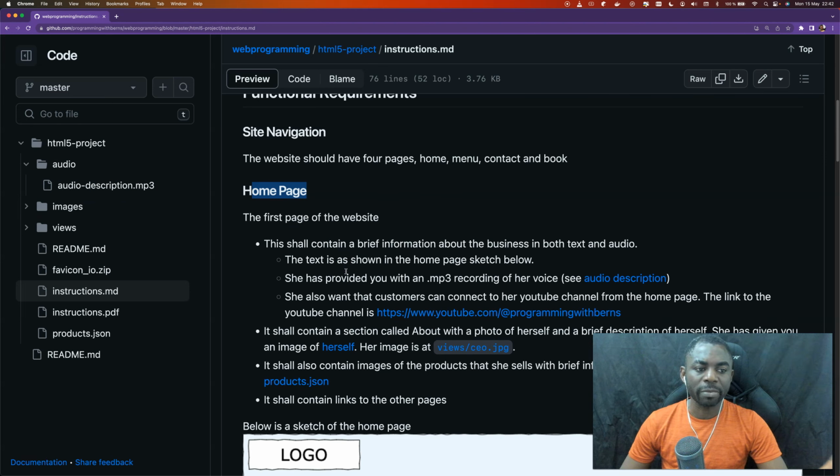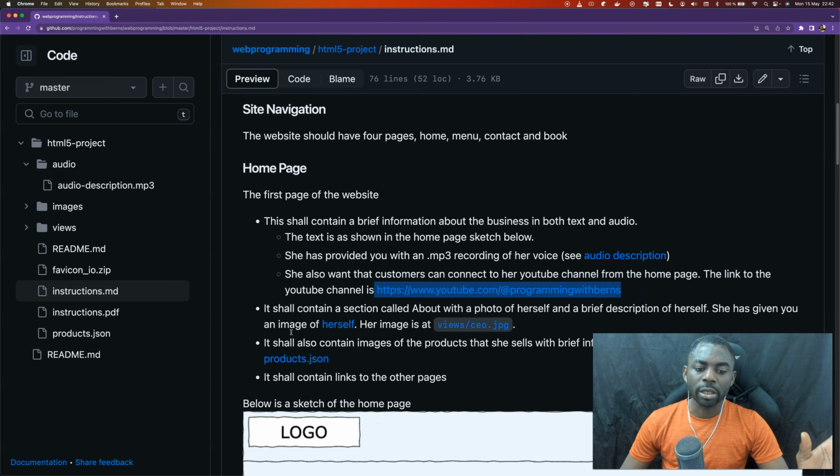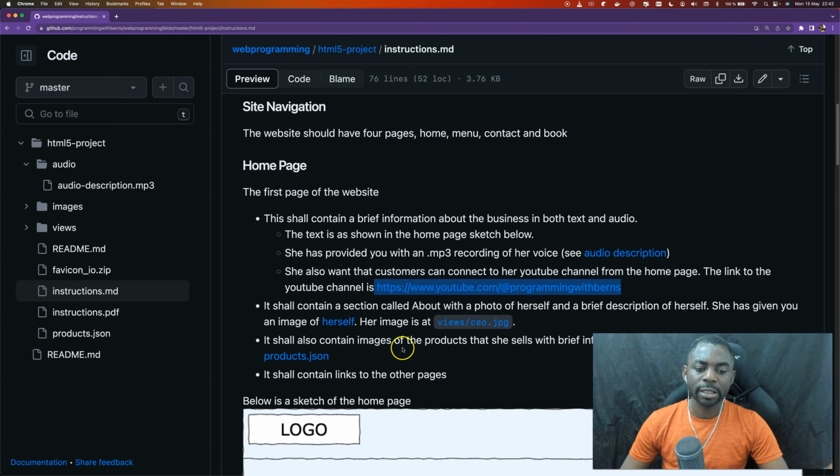And if you have done web development HTML, you know when you want to embed audio, you need to convert this to 1 or 2 formats before you embed them. And she also wants that on the home page, people can go to her YouTube channel. And for this project, use this URL as the link to the YouTube channel. She's also provided you an image of herself, and